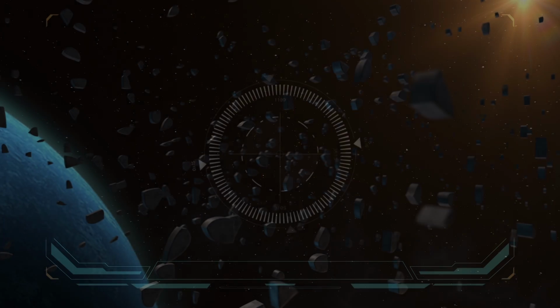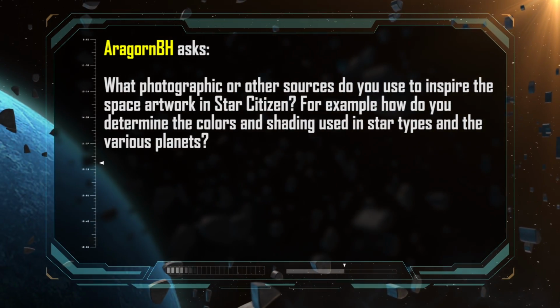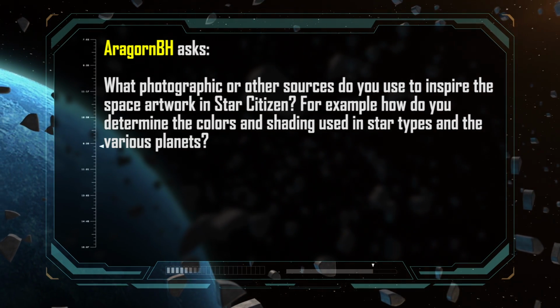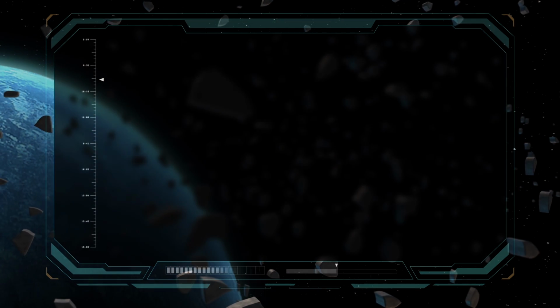The next question comes to us from Aragorn BH. What photographic or other source do you use to inspire the space artwork in Star Citizen? For example, how do you determine the colors and shading used in star types and the various planets? Planets are a little bit... I can talk about what I use when I'm doing